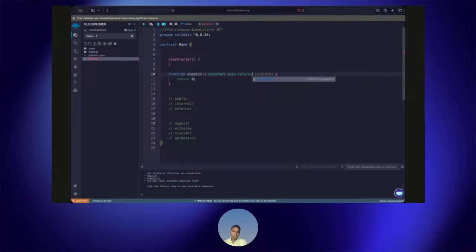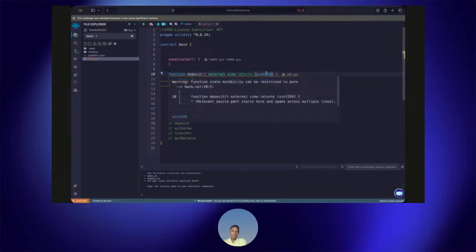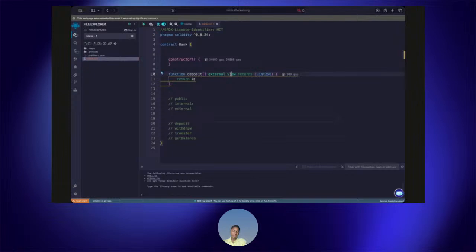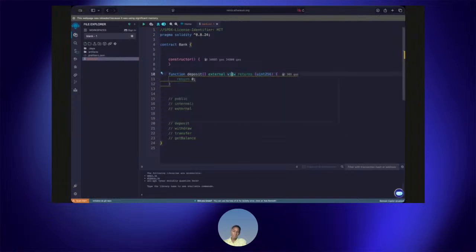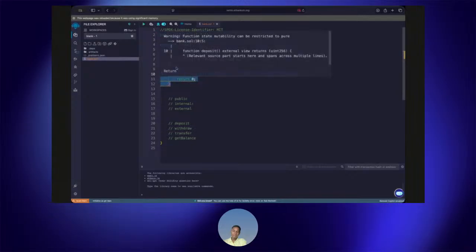And we also have returns, which you have to specify when writing a contract, and you return the value, which is uint256. So this can also be turned into a pure function because we are not reading any states. What we are actually returning is just this zero, which is not stored on the blockchain yet.